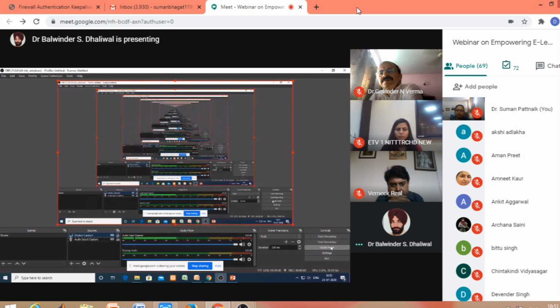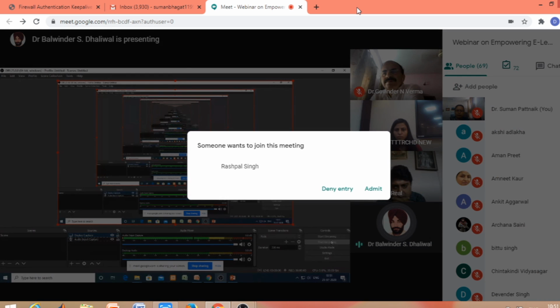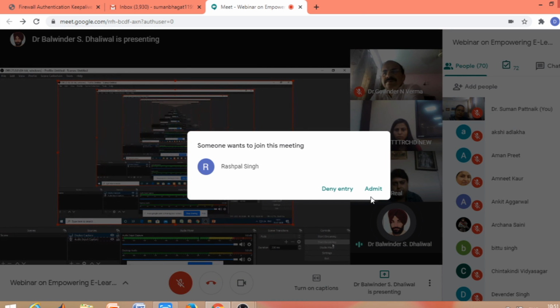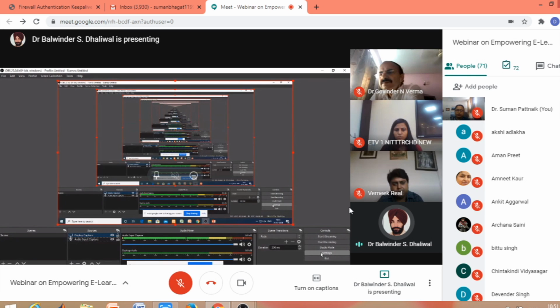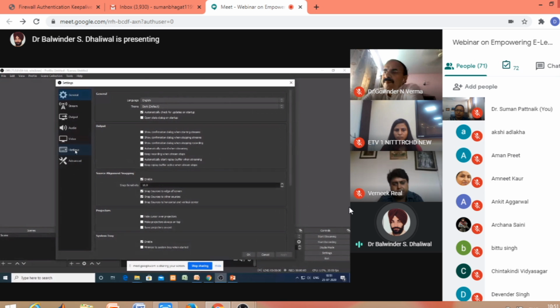So many times when we want to record the screen, we may be in other windows. So we will not be having access to this start button or stop button. So again, for controlling the starting and stopping of video, we can assign hotkeys. So again, we'll go to settings. So we'll go to hotkeys.